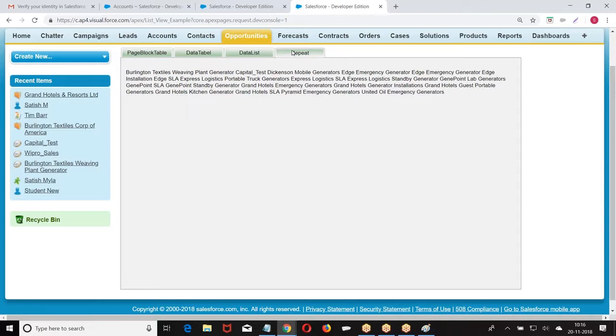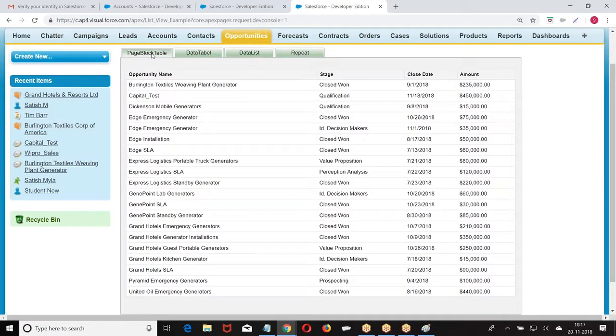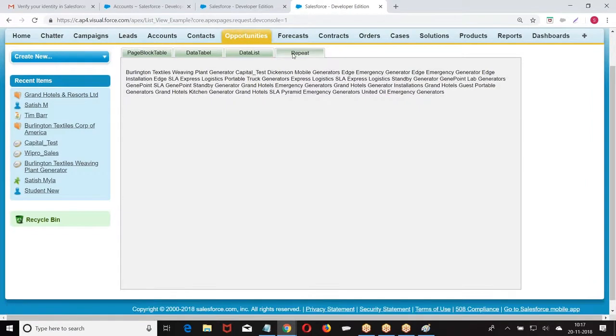Now, while practicing, you practice how to display the data with repeat, so that you will practice the CSS, because there is no style here. When you want to display this data in an organized way, you have to apply some CSS. If you go with the page block table, you get a look and feel. You never apply CSS. So always practice with what? Repeat. When you practice with repeat, you will get some CSS components. You will get practice of how to use CSS in displaying the data in an organized way. Okay. So practice with respect to repeat.